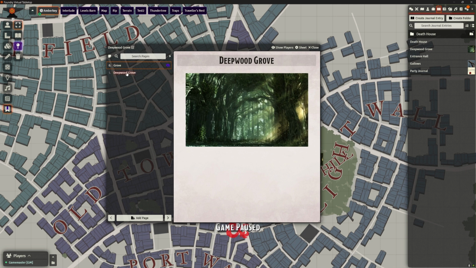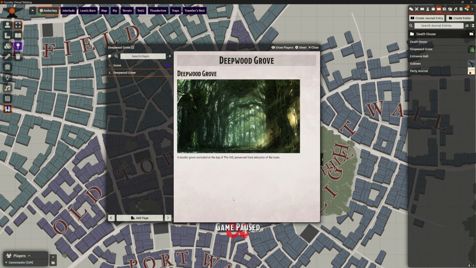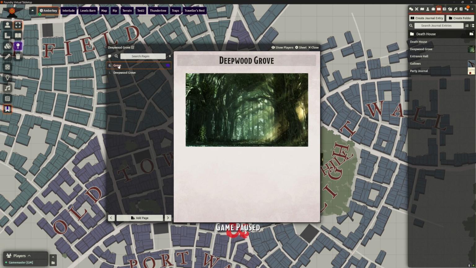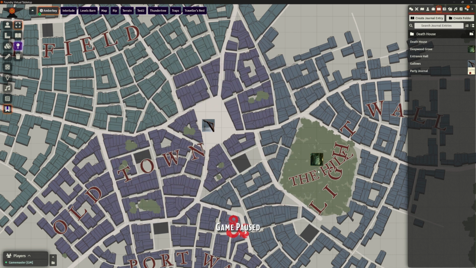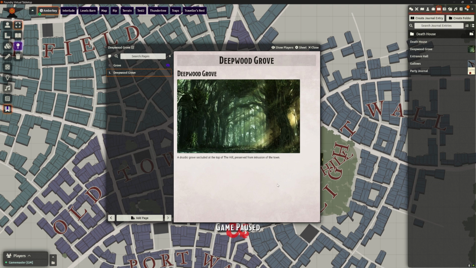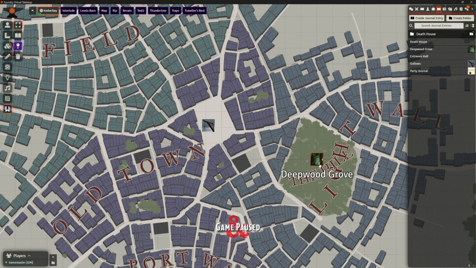But if you don't, you might want them to jump into this page where you've got the writing and everything's laid out nicer, rather than just having a whole entry. Well, hide that entry from them. Just don't let them see it. So now when we hover over Deepwood Grove, not only does it say that, but if I double left click, immediately brings me into this page. It's not even taking me to that Grove image page,